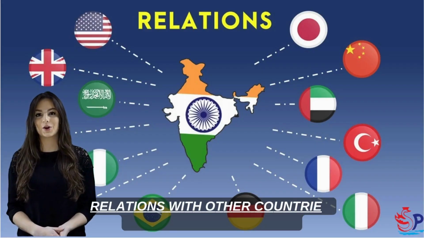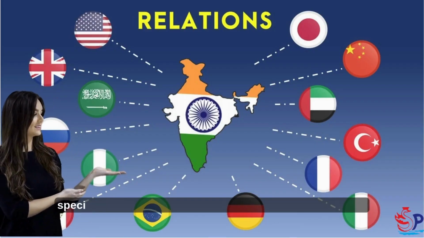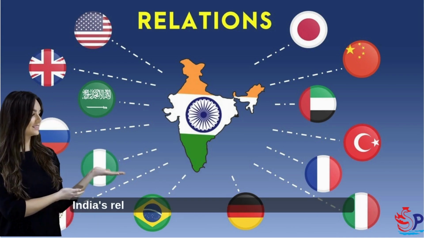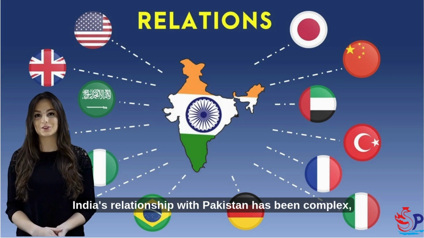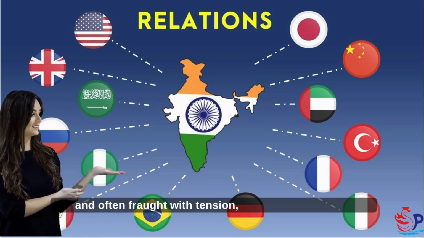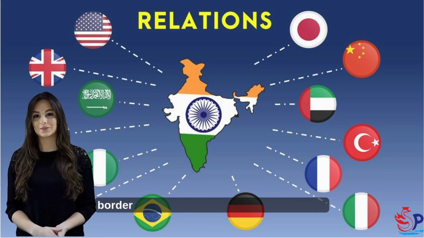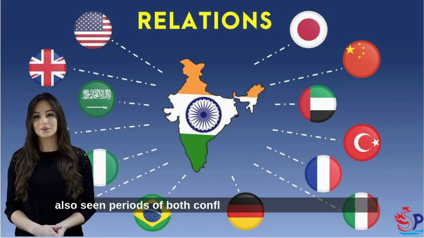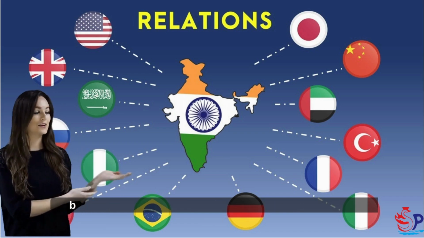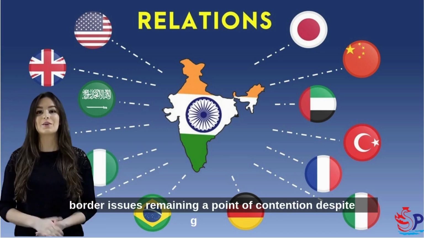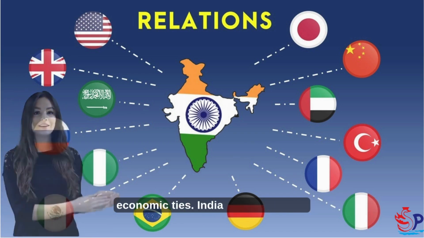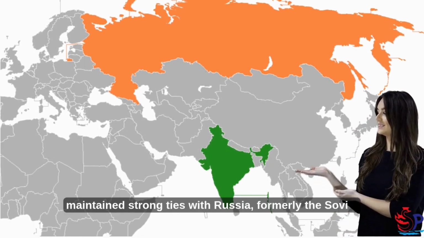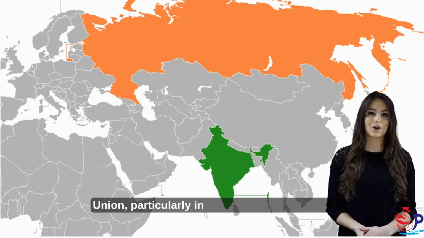Relations with other countries. This point delves deeper into the specifics of India's bilateral and multilateral engagements. India's relationship with Pakistan has been complex and often fraught with tension, marked by wars and ongoing border disputes. Relations with China have also seen periods of both cooperation and conflict, with border issues remaining a point of contention despite growing economic ties. India has historically maintained strong ties with Russia, formerly the Soviet Union, particularly in defense and